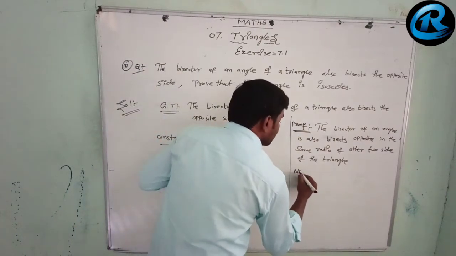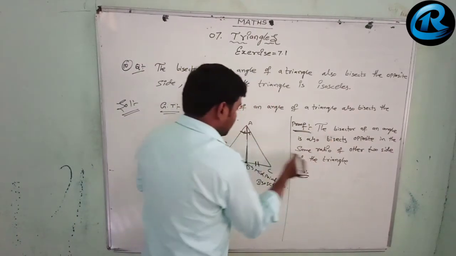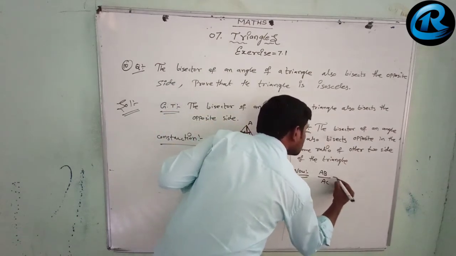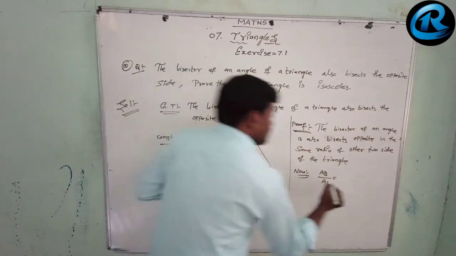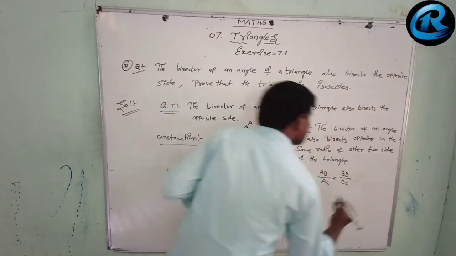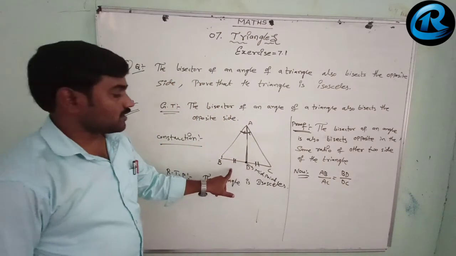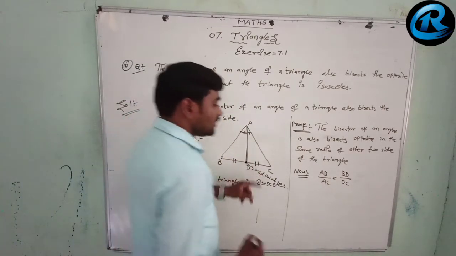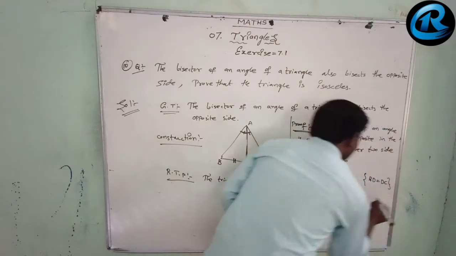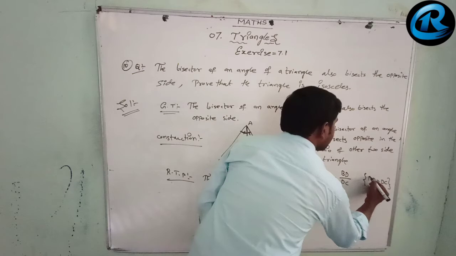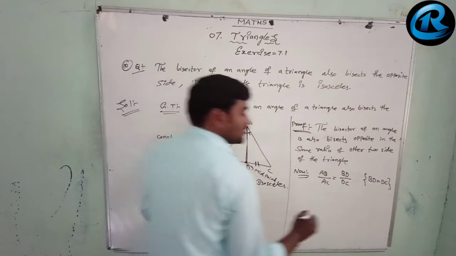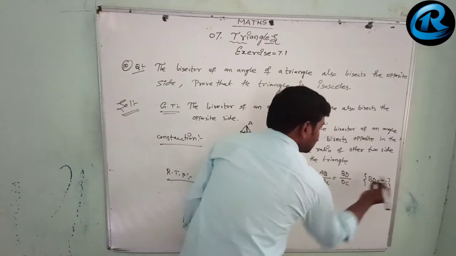Now by this statement we can write AB by AC. అంటే AB by AC చేసి ఎంత రేషియో వస్తుందో ఇక్కడ BD by DC చేసిన అంతే రేషియో వస్తుంది. ఆల్రెడీ BD is equal to DC, you know. Here BD is equal to DC. Why BD is equal to DC? Because D is a midpoint now, so BD is equal to DC. So instead of BD, I will write DC now.